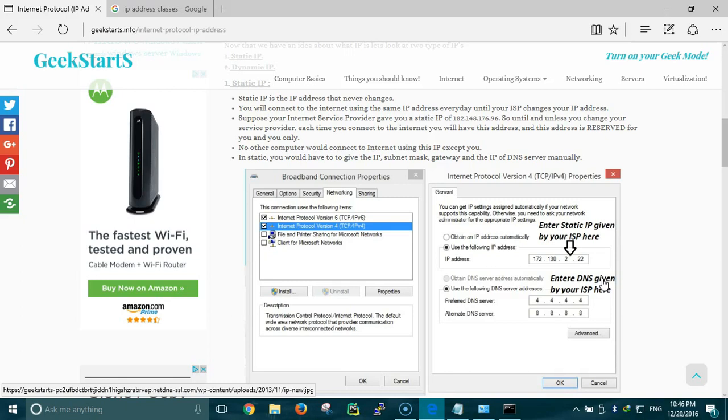Even if you try doing that in a network, it would give you a warning saying that there is an IP conflict. So once an ISP gives you an IP address, that is when you have to go in the settings and manually enter it, and then you will have that IP address only for yourself. That is a static IP address. Even after you restart, it would still be there. Well, you will lose it when you format your PC though.